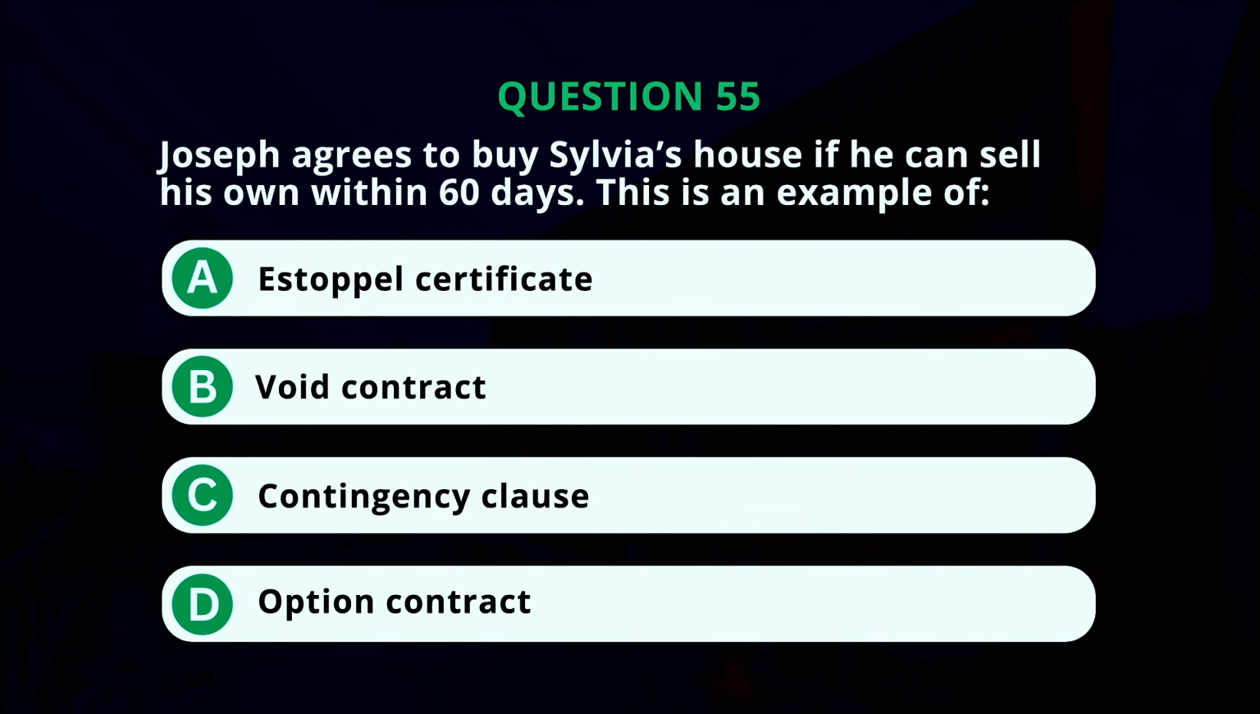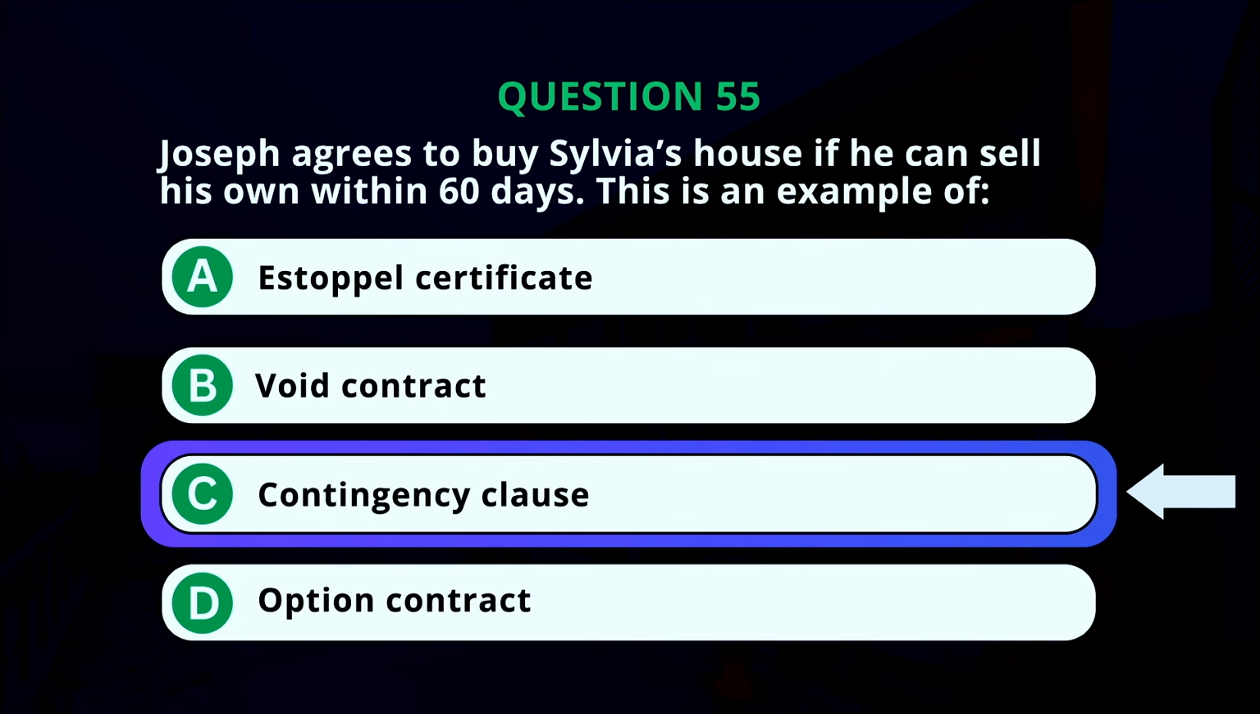Question number 55. Joseph agrees to buy Sylvia's house if he can sell his own within 60 days. This is an example of letter A, estoppel certificate. Letter B, void contract. Letter C, contingency clause. Letter D, option contract. And the answer? Letter C, contingency clause. So what we're looking at here is, hey, I will buy your house,